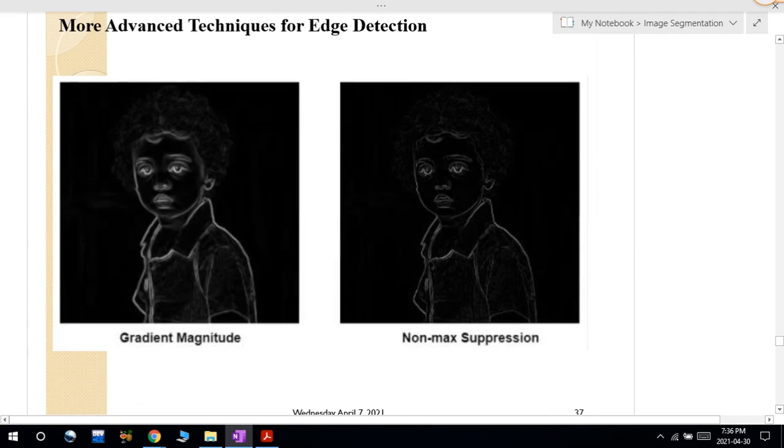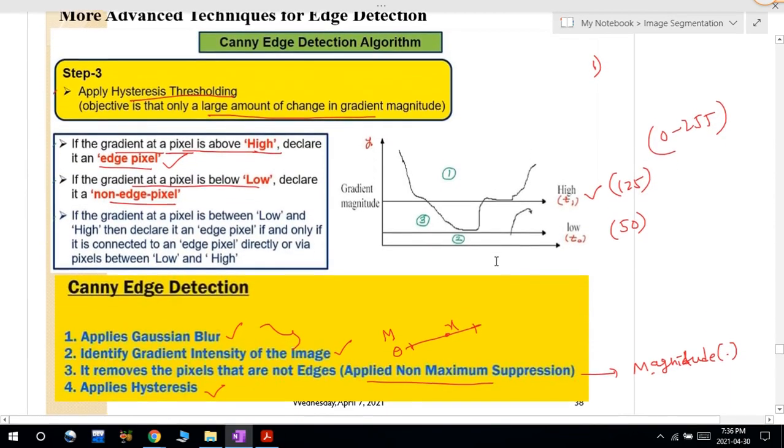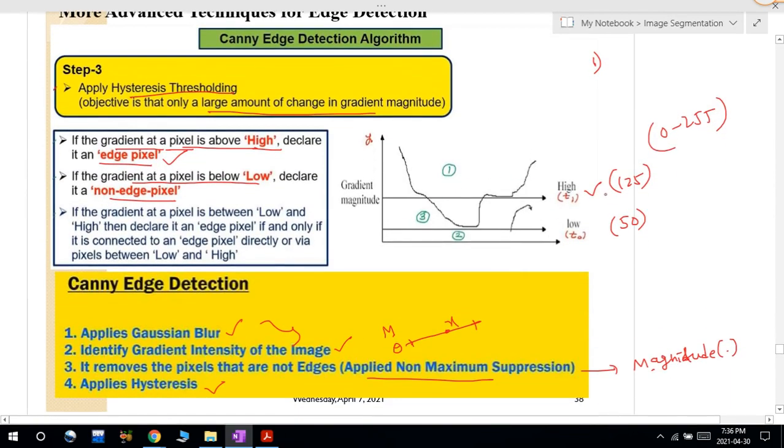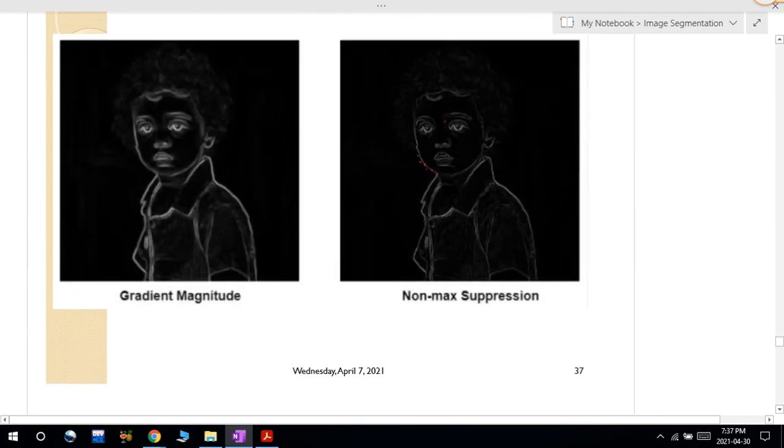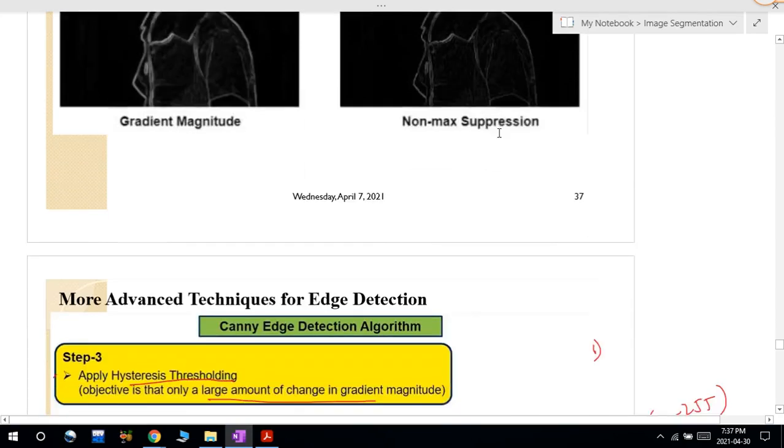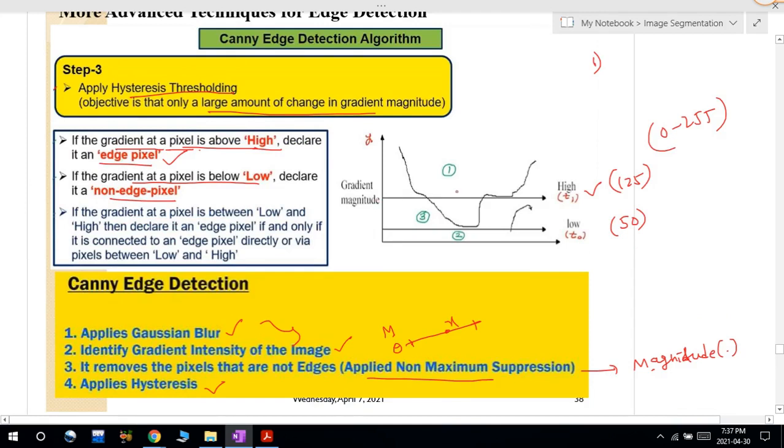After getting these edge points, each edge point I will compare with the two threshold values. That is called the hysteresis thresholding technique, in which I will take two threshold values, or double thresholding: a high threshold value and a low threshold value. Whatever pixel we get from non-maximum suppression is compared with the high value. If it is greater than that particular high value, then I can consider it as an edge pixel.